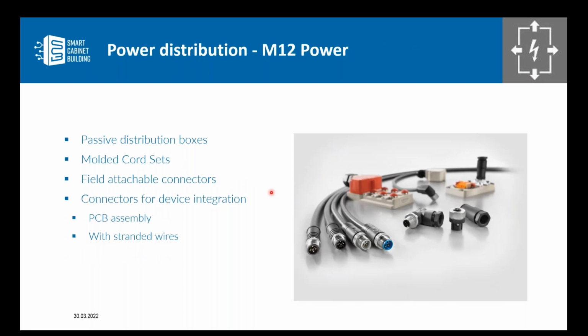Also partly not known is that this M12 World is also available with a power version, which can handle 230 volt. Most of the customers think that M12 World can only be used for 24 volt DC and signals. No, there are also power versions available, which could handle up to 4, 5, 6 amp. Which are very useful and could be used for a lot of power applications, motor distribution, valve connection, and so on, wherever you need 230 volts. So you see that out of this power feed-in, auxiliary power generation, signaling, and also the load switching, you have a lot of decentralized